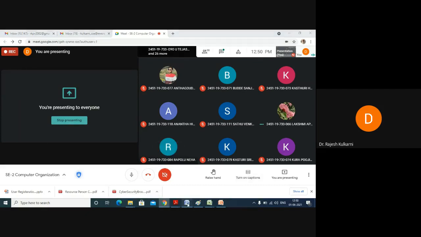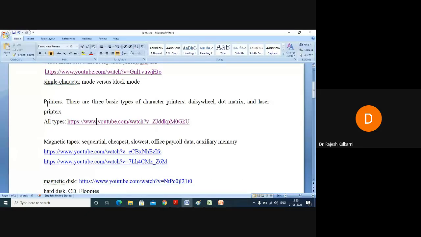So that was what we were mentioning regarding the printers. You had seen the daisy wheel printer, dot matrix, laser, and along with that you had seen the line printer as well as the inkjet printer as well as the plotter, and you had categorized your printers into impact printers and non-impact printers from that YouTube video you had seen, right? Impact printers versus non-impact printers.